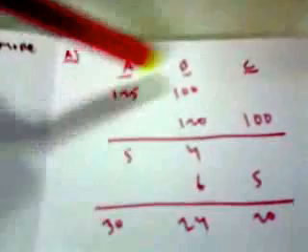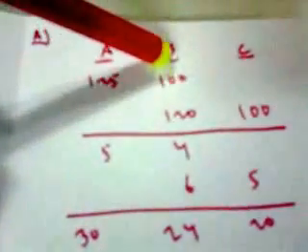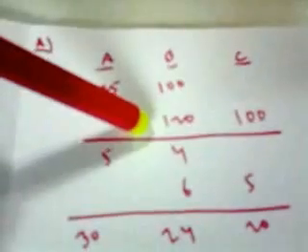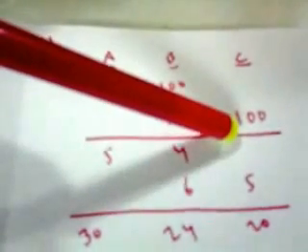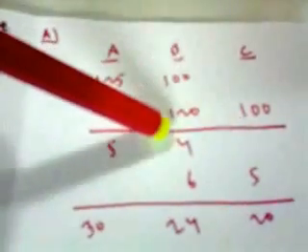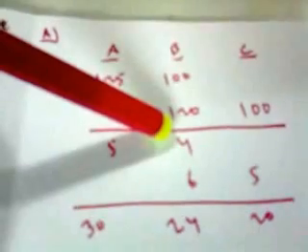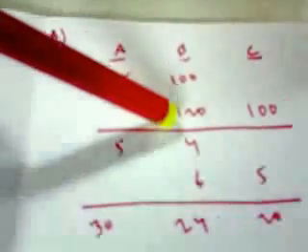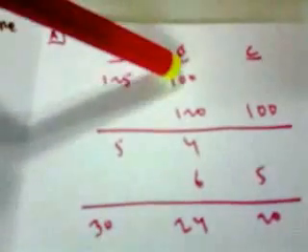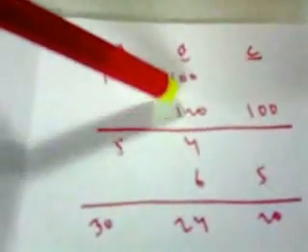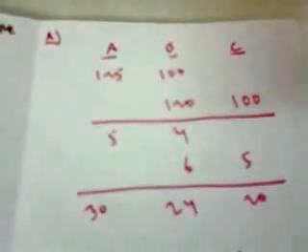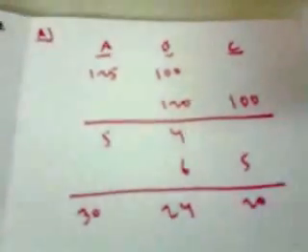A's income is 25% more than B. So we take B as 100, then A is 125. B's income is 20% more than C. Since C is the base, we take C as 100 and B becomes 120. Now if you see, 125 is to 100 is same as 5 is to 4. 120 is to 100 is same as 6 is to 5. So we reduce them to 5 is to 4 and 6 is to 5.